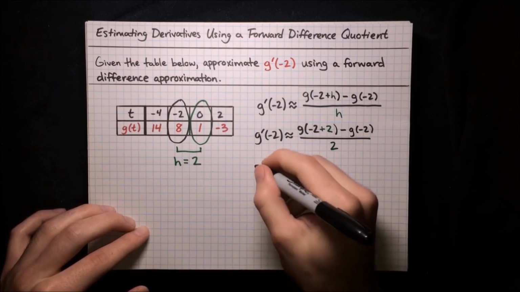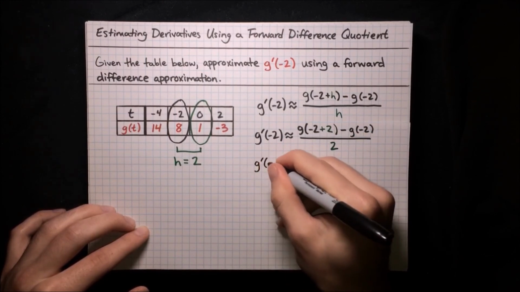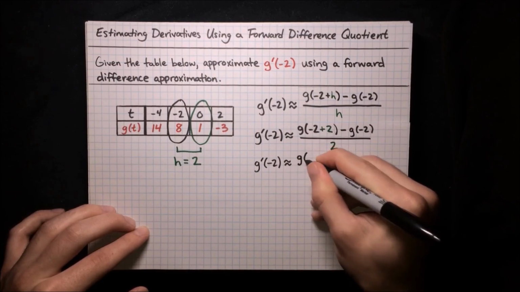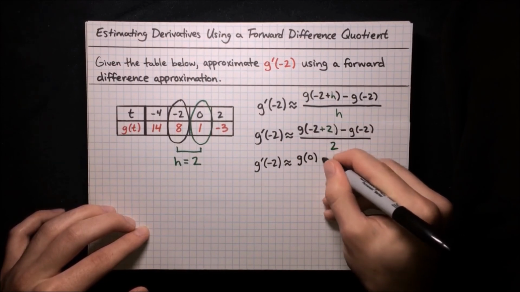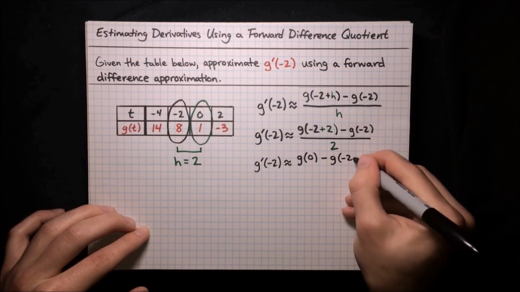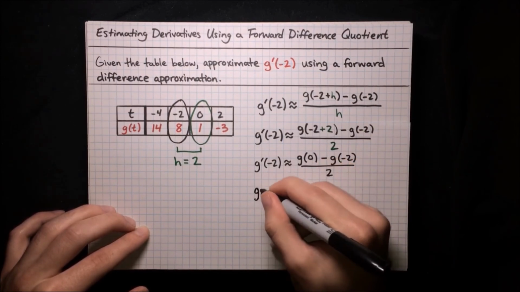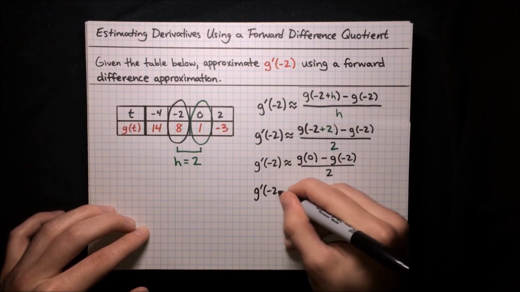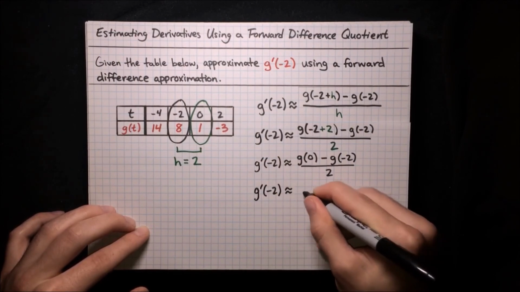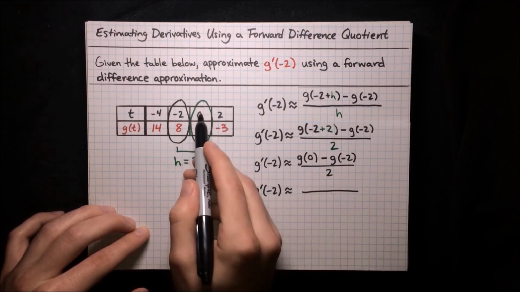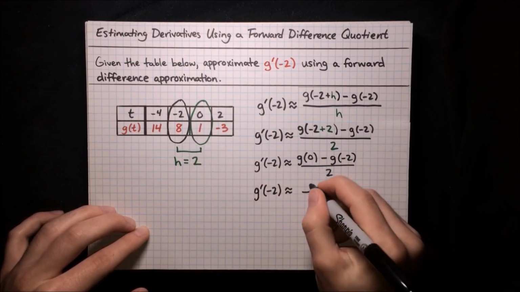Let's go ahead and simplify. So g prime of negative 2 is approximately equal to g of negative 2 plus 2, which is 0, then minus g of negative 2, that's all over 2. Let's fill in with what we know g is at these points. So g of negative 2 is approximately equal to this fraction. g of 0, plug in 0 for t, g of 0 is just 1. So 1